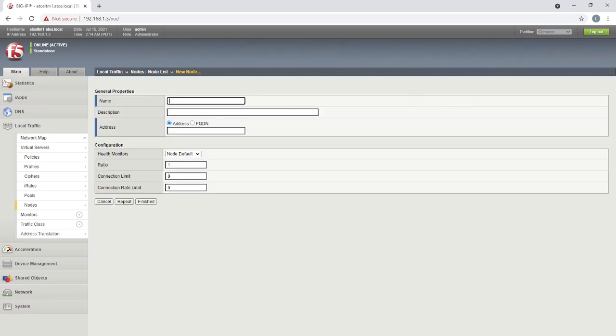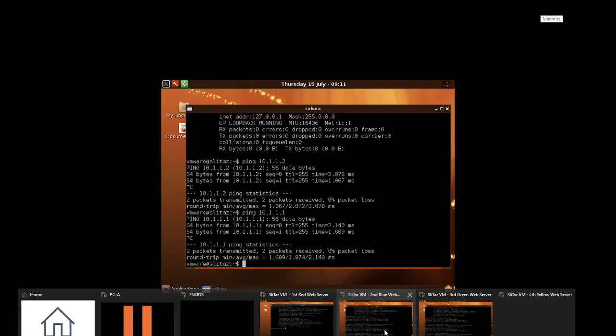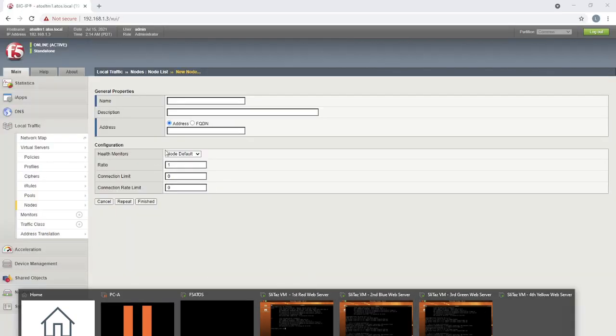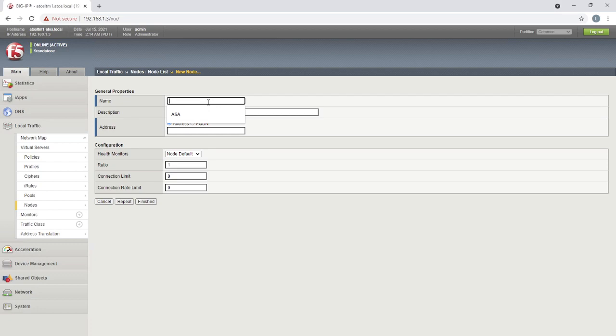My second server is, I think, blue web server, third is green, and fourth one is yellow. Let's go and create that one. This name is going to be blue web server. If you want, you can give any name. Now the IP address or the fully qualified name. Keep in mind, if you're planning to use the fully qualified domain name, your F5 device should be in a position to communicate with a DNS server, which could resolve that fully qualified domain name into the respective IP address. I don't have a DNS server with me, so 10.1.1.11, that's the IP address of it.